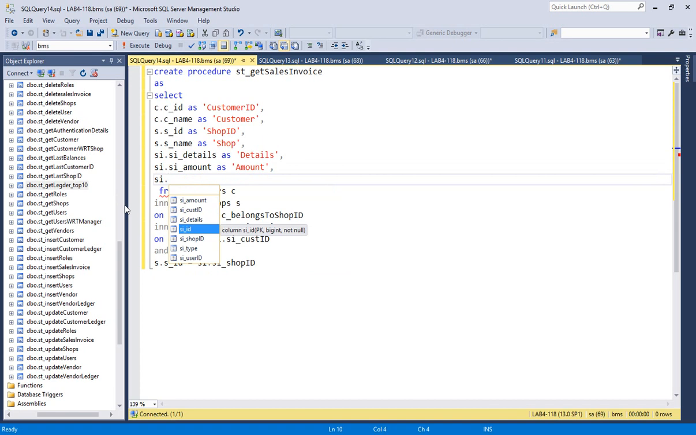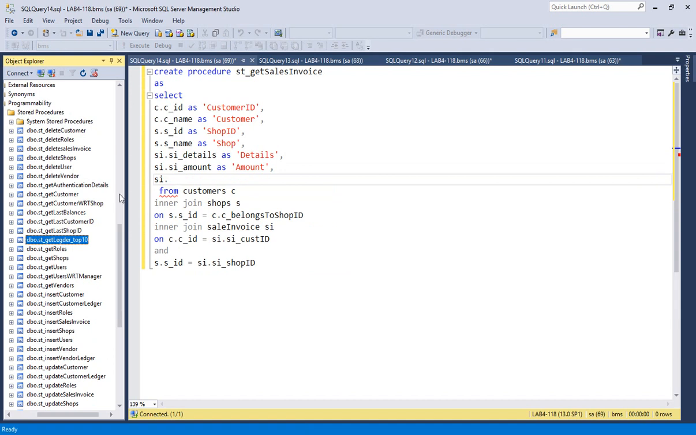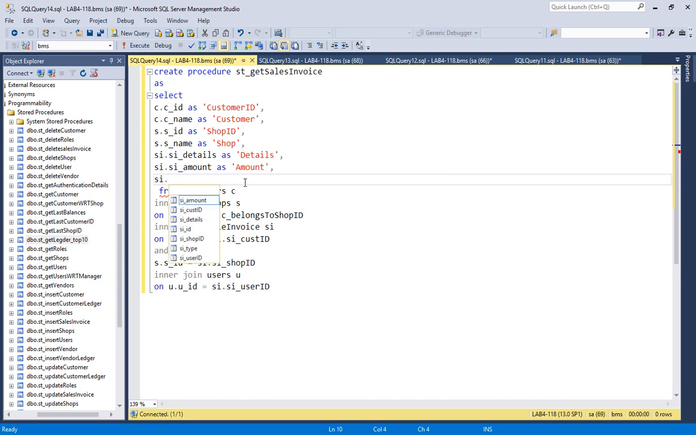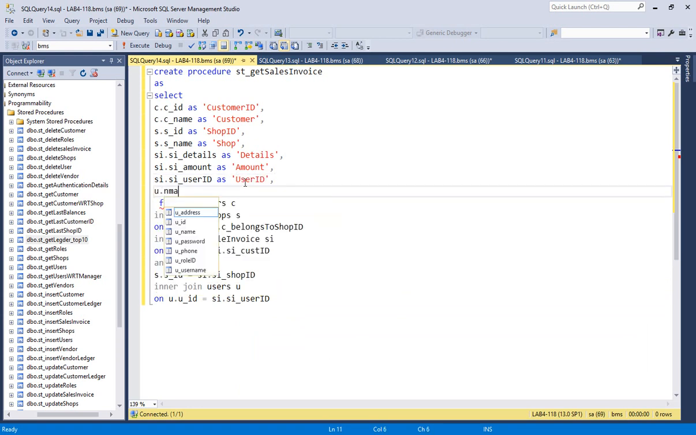Don't we have the date column? Okay, so we have to do that also. And one more thing that I have to specify is the inner join users U on U dot ID is equals to SI dot user ID. Okay, so you can specify SI dot user ID as user ID, and U dot name as user. Okay, right, so you have to specify the user, and then user ID is there, and then what you need